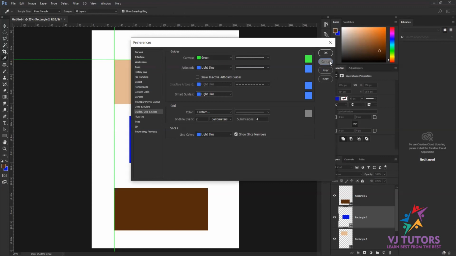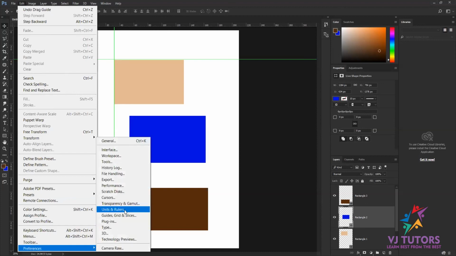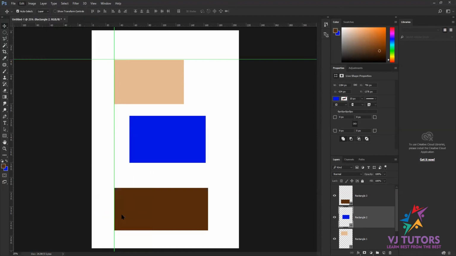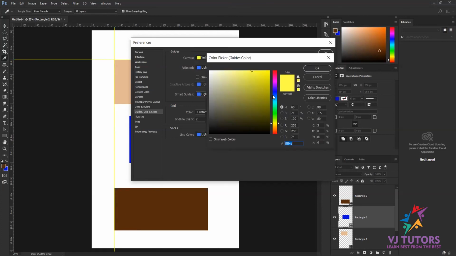If you don't double-click, just go to Edit, then Preferences, then Guides, Grid and Slices, click on that, and you'll get the same option. In the canvas we have a green color right now, so it automatically gives me a green guideline. Then we have some different types of colors here. We can check those colors, or if you want a custom color, just click on this color and you'll get a custom color guideline. So if you want white or black guidelines, you'll get them from here only.